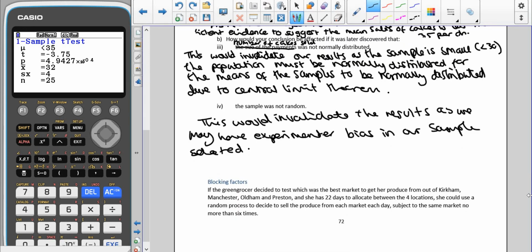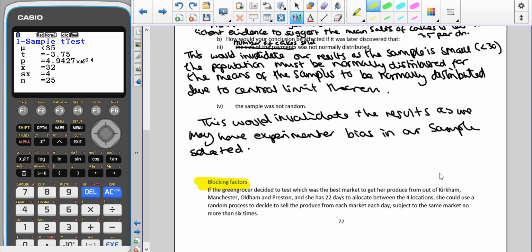So now we're going to move on to talking about blocking factors. Blocking factors is a new idea. We haven't come across it before. But we are going to have a look into a whole area of statistical hypothesis testing that opens up when we use blocking factors. So if we think back to our greengrocer example from before,